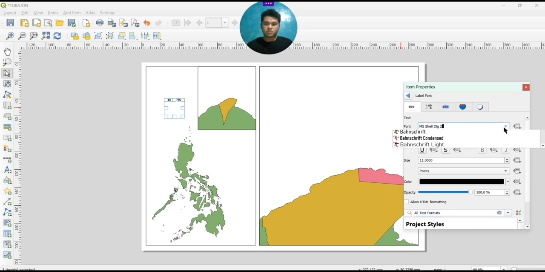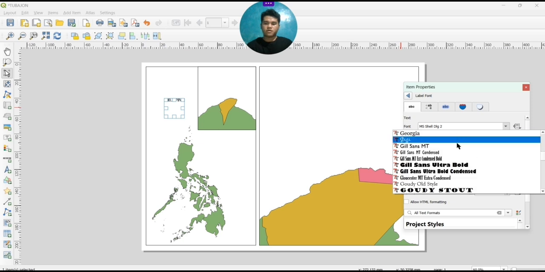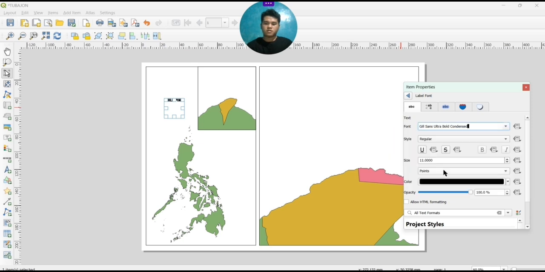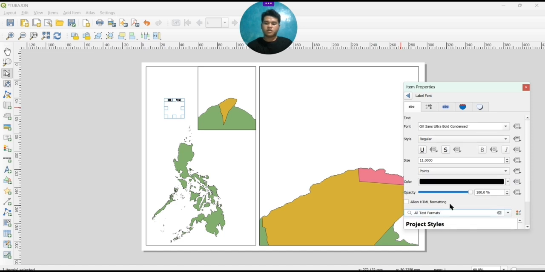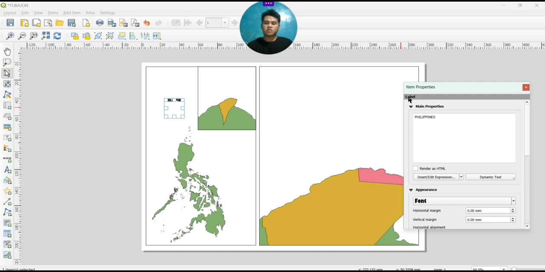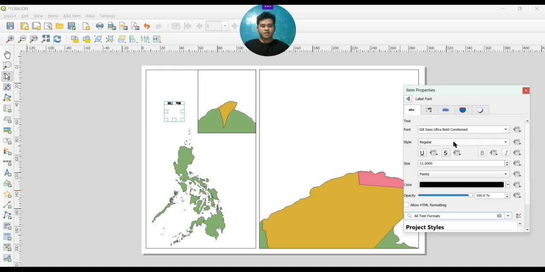Then I want to change the font. So if you want to change the font, just click here and then click this one, font.